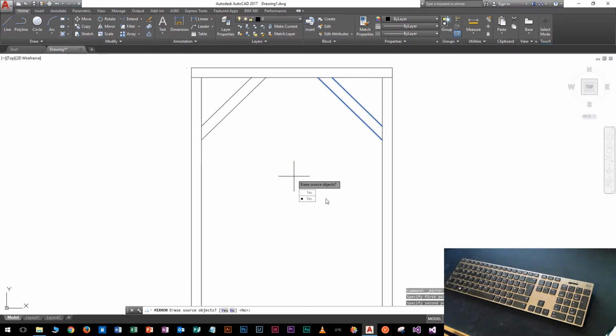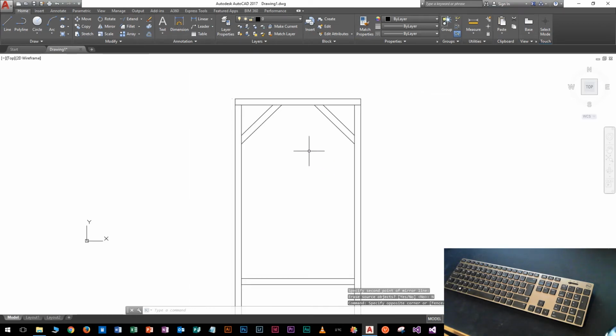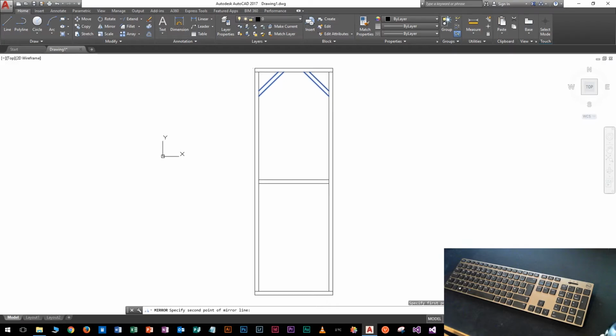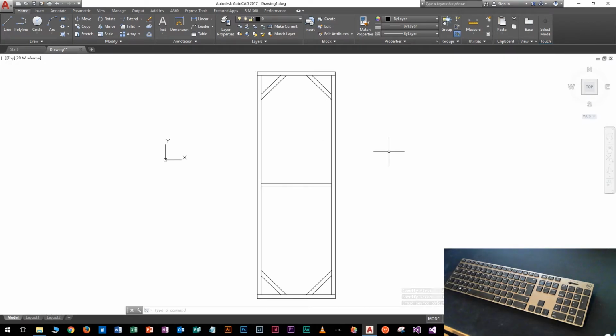And it says, do I want to erase the original? No, I don't. Click on no, or press enter, and we will have two sets. Select both of those, and one more mirror from the centre this time that way. Let me just zoom out so you can see what's happening there. You see those rotating around? And once I've got that green dotted line, I know that I'm straight, and I can click, and there are my four braces. And that is our stage